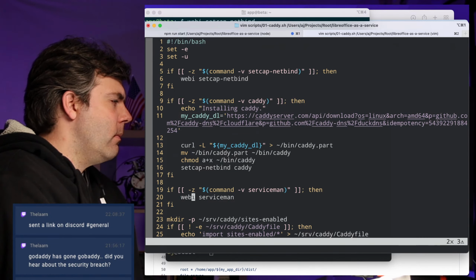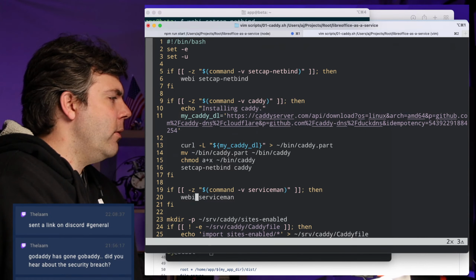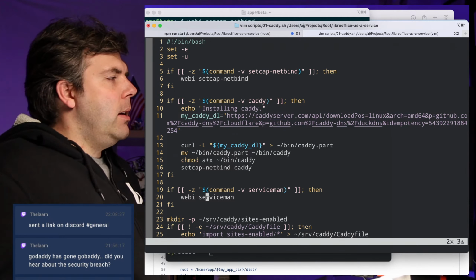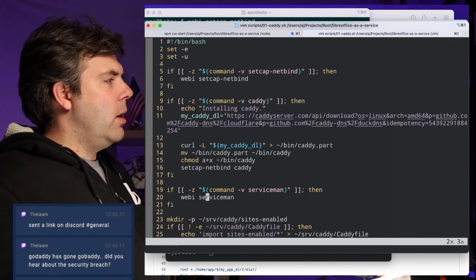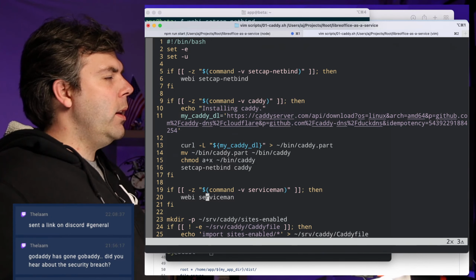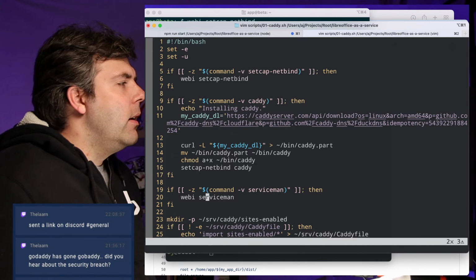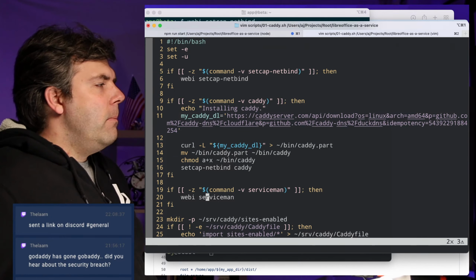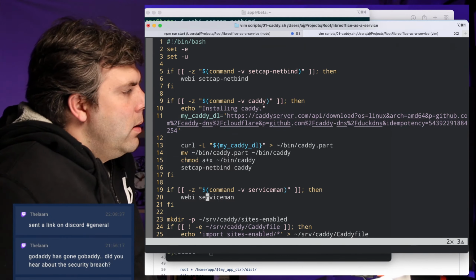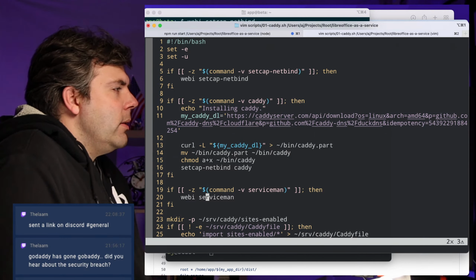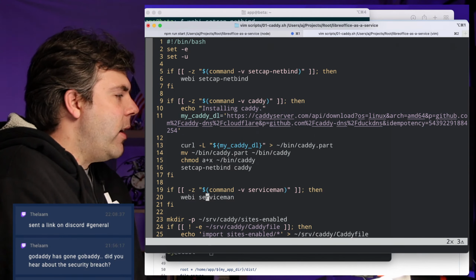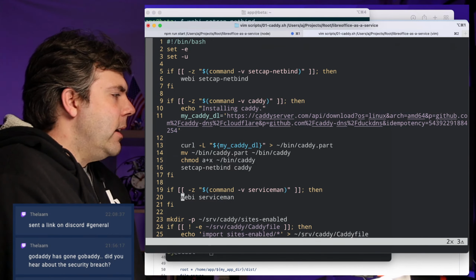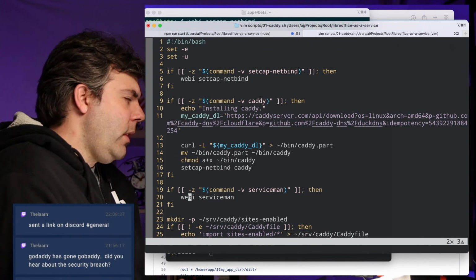This is something where I'd be willing maybe to do a breaking change, because it wouldn't really break anything. It would just cause updates to stop if the person doesn't have a tag specified, which I think is fine. Because you can do Webi at stable, at latest, at LTS, etc. But I think